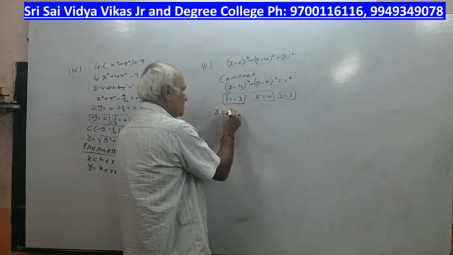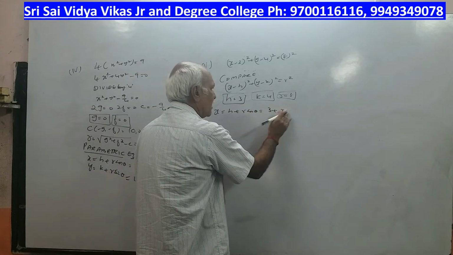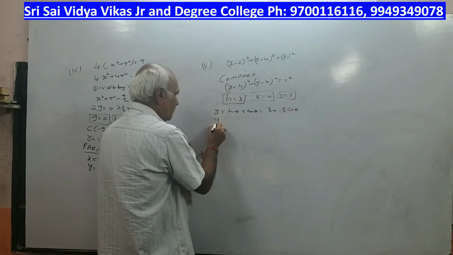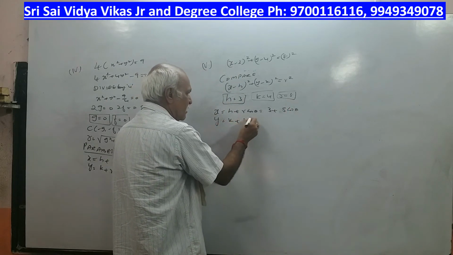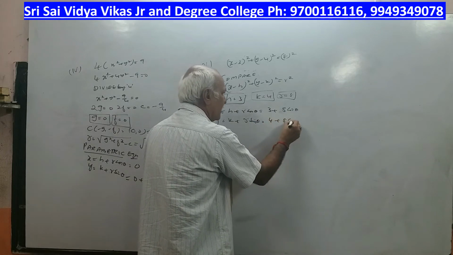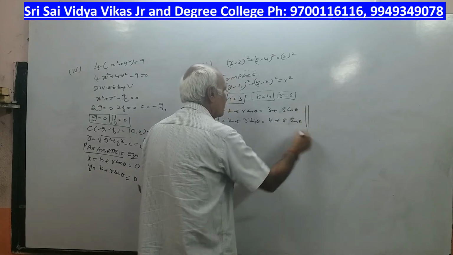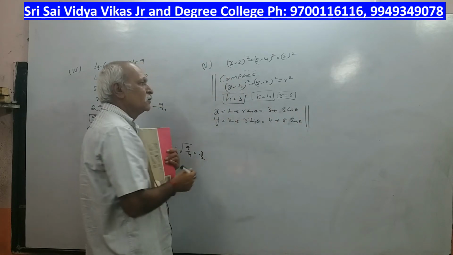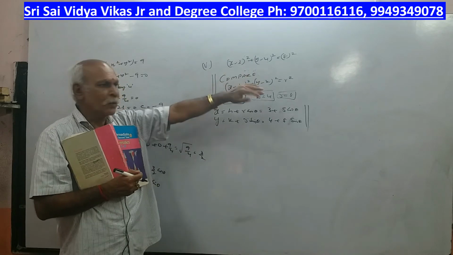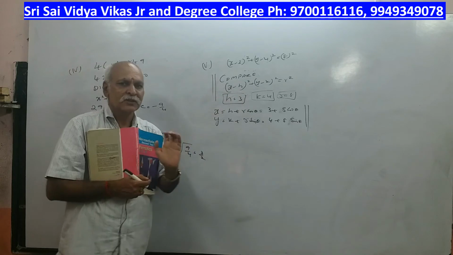So x is equal to h plus r cos theta. So 3 plus r, how much did we get? 8. So 8 cos theta. y is equal to k plus r sin theta, so 4 plus 8 sin theta. Simple problem. Many times it has been given for 2 marks. So here, with comparison, the parametric equation can be asked for 2 marks. Please note down this.